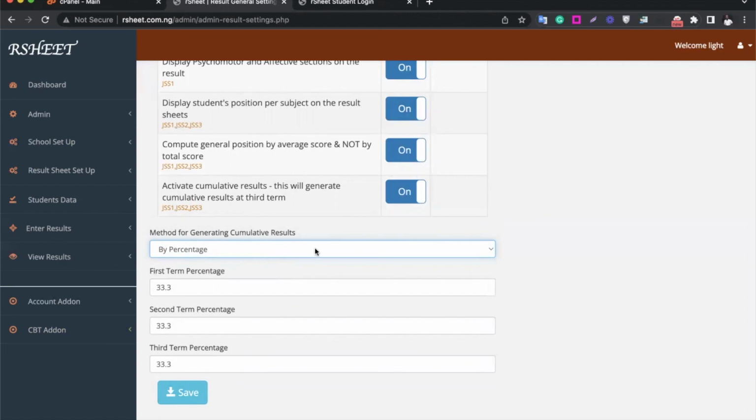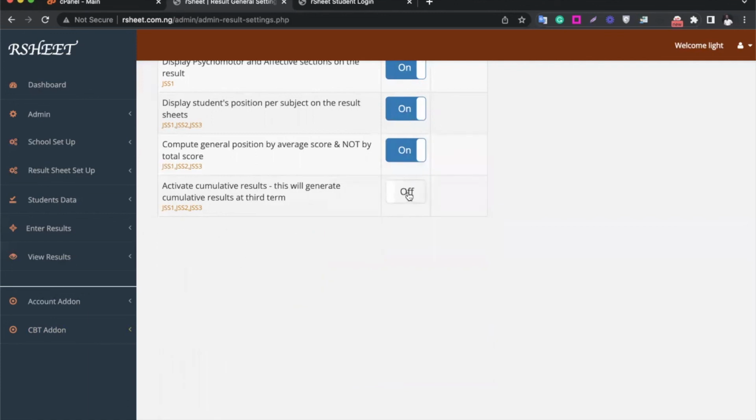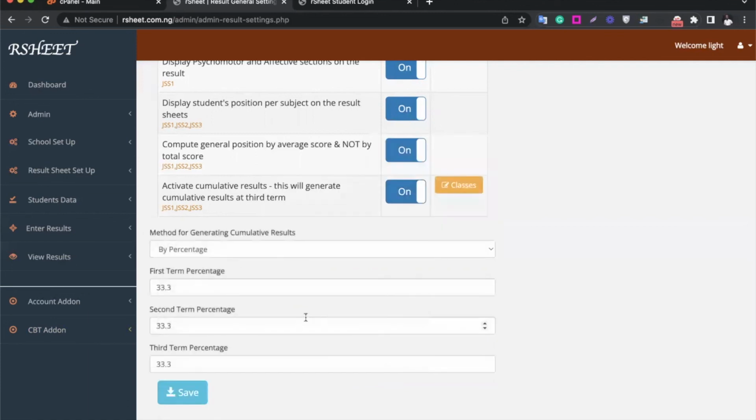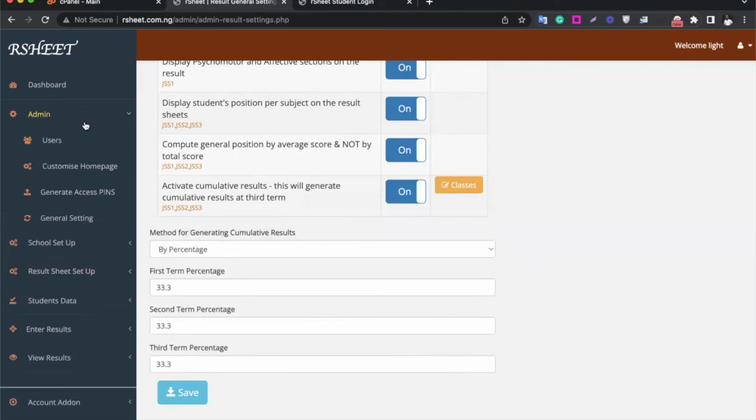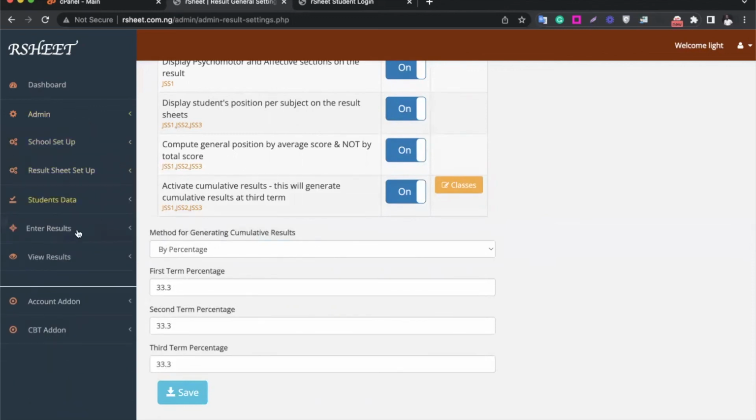Remember these 4 elements here are for this cumulative result. If you deactivate it, it's going to disappear. All right, this is for cumulative results. Okay, I hope that is that. I think we are done with administrative task here. Basically,